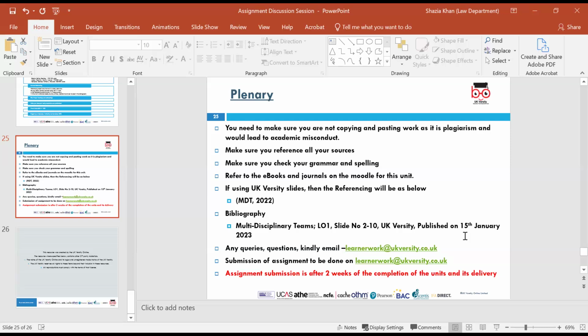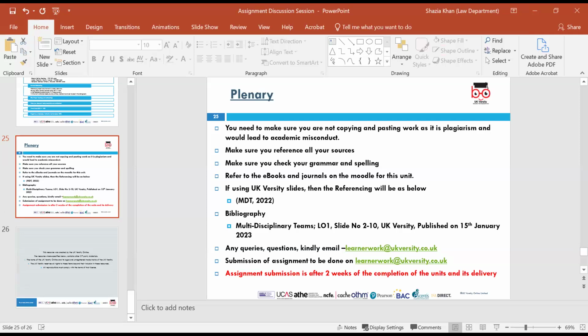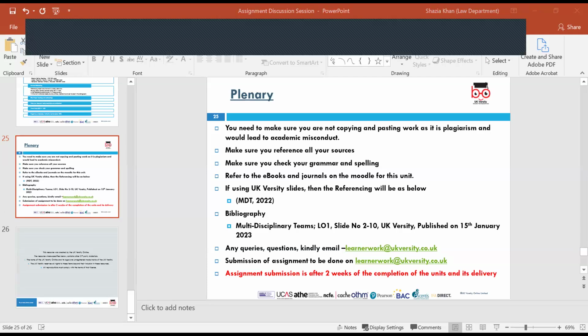So now this unit is completed, you can get on with doing the assignment, and make sure if you have any questions, to refer to the guidance on these slides to help you with the assignment discussion. Also refer to Moodle as well, because Moodle will help you with any sort of discussion around your assignment, any sort of elements of doing the assignment, and any sort of elements of where you can get references, any additional reading as well. You need to be referring to Moodle, because Moodle is the main source that is being used for elements of doing the assignment, okay?